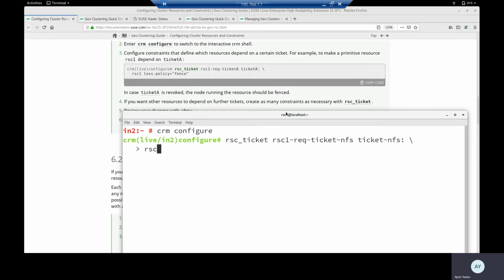Enter. RSC1 is the name of my resource. Loss policy: if you don't have a ticket, then the node where the resource is running will be fenced. It is written that in case the ticket is revoked, the node running the resource will fence. So that part is done.